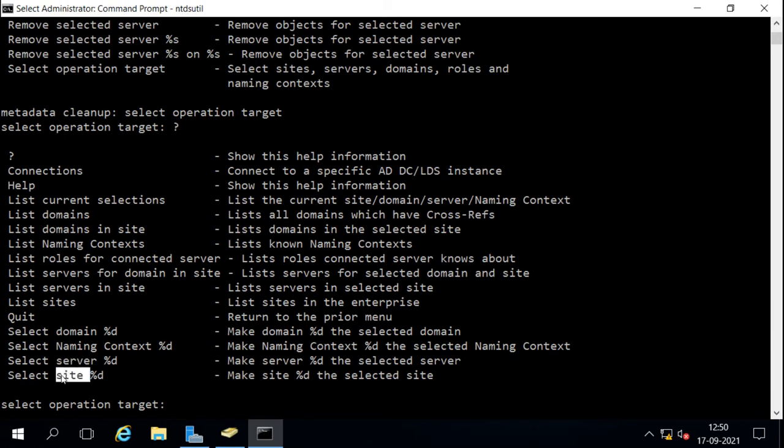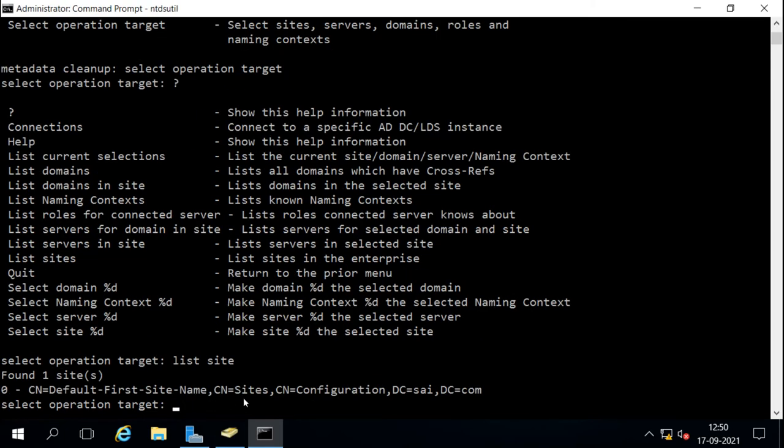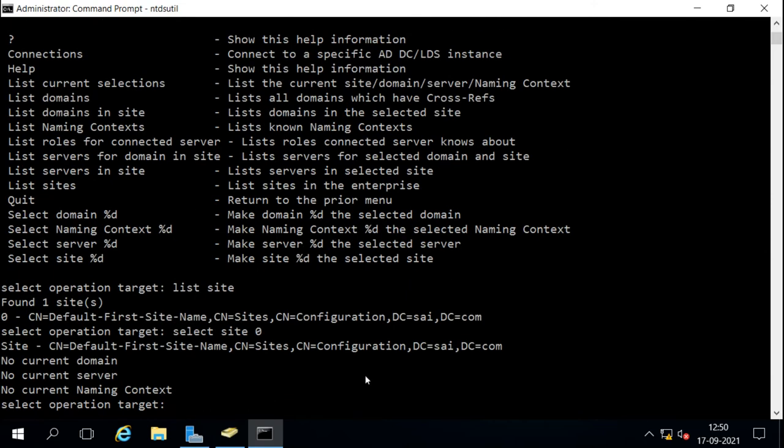So first, let's say I want to list the sites. It shows that there is only one site, default, and the site number is 0. Now I want to select the site, so I will say select site 0. Now it has selected site 0.